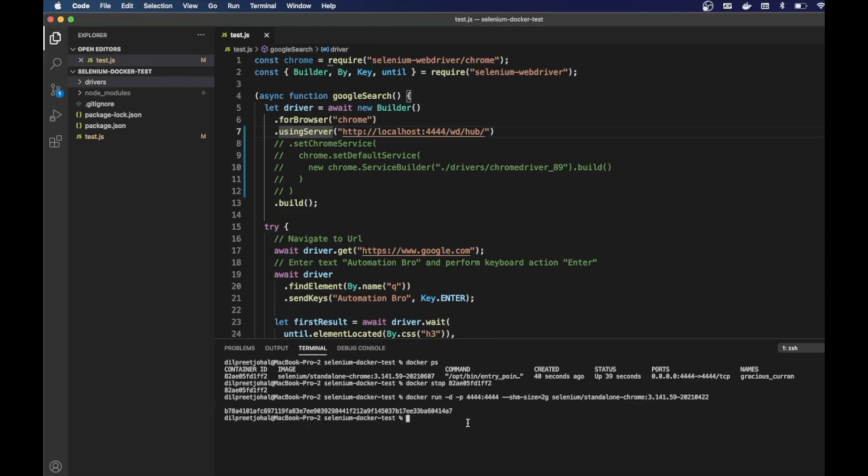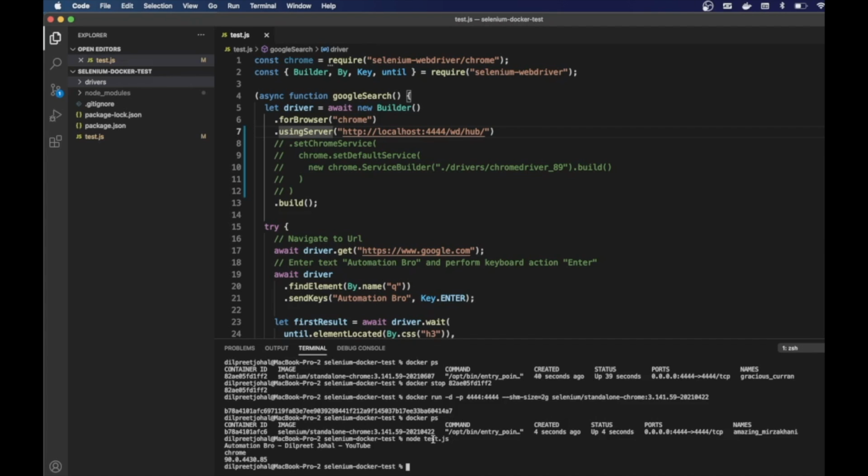Okay, so I already had this image, which is good. Now if I do docker ps, this is the new image I have. So that's good. So now let me run my test again. So here I will run my test by doing node test.js. Now one thing you need to notice is the Chrome browser version that it will print out. As you can see over here, this time this is 90.0. And this is different compared to the 91 version that we were using before with the latest image that we had.